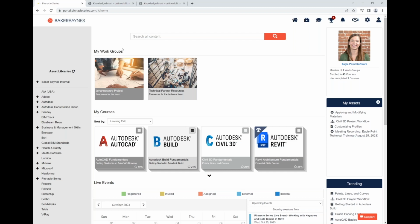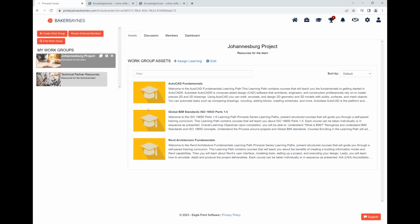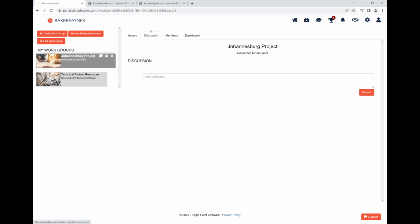Work groups can be created for teams, disciplines, maybe locations, maybe it's a group of new users going through onboarding. But when I click into a work group, it's going to open up to the asset tab. So these are the materials that have been pulled together for this group of users. So it's really just giving quick access from the user's homepage to items they might be needing as being a part of a project. There's also a discussion tab for members of the groups to leave comments, feedback for other